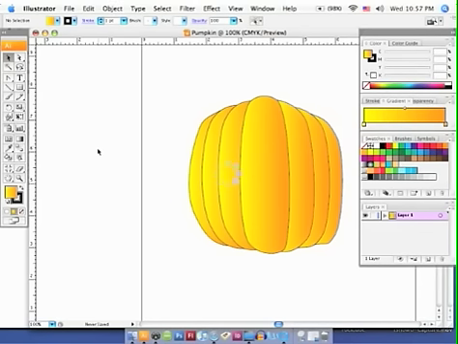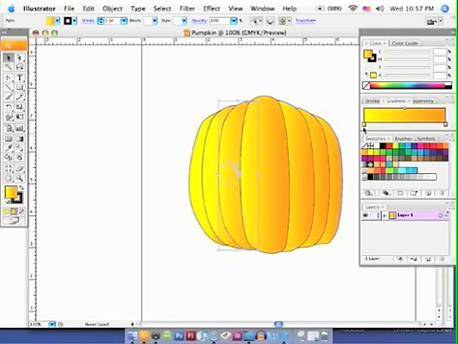Okay, now our light is coming from the left to the right, so let's go ahead and work with this a little bit. I'm going to make the color a little bit lighter or brighter on the left and darker as we move to the right. So let's go ahead and move the slider bar over just a little bit. Nothing's happened yet. I'm going to select this shape, and let's move this over so we have a little more yellow on the left, and we'll do the second shape, do just a little bit less,